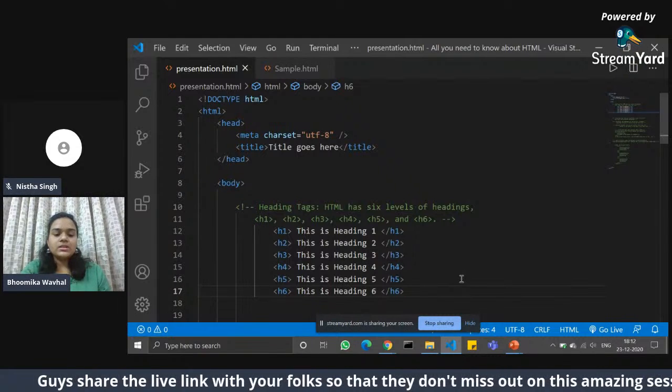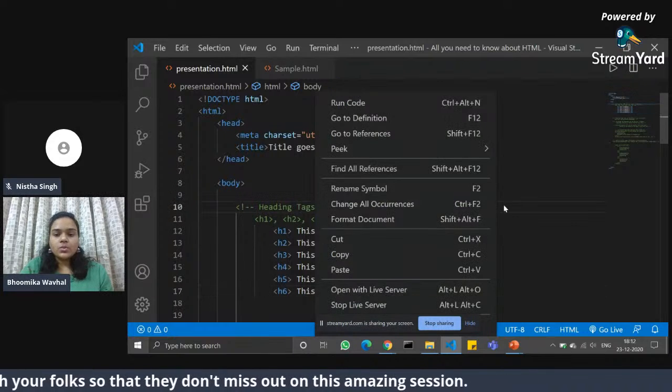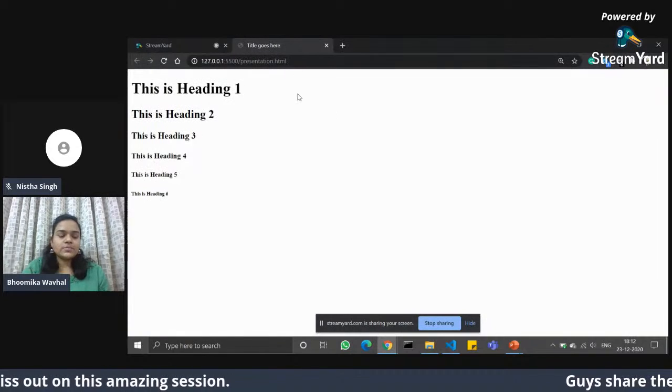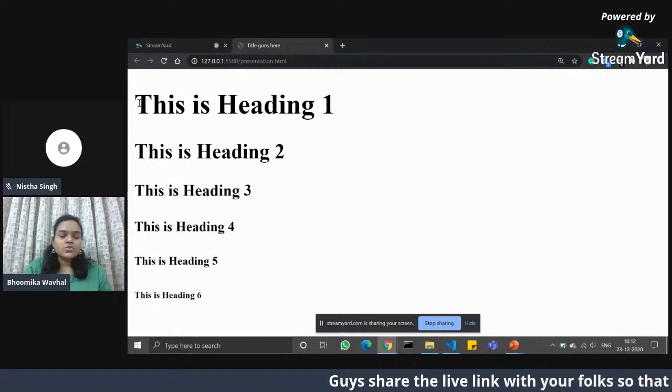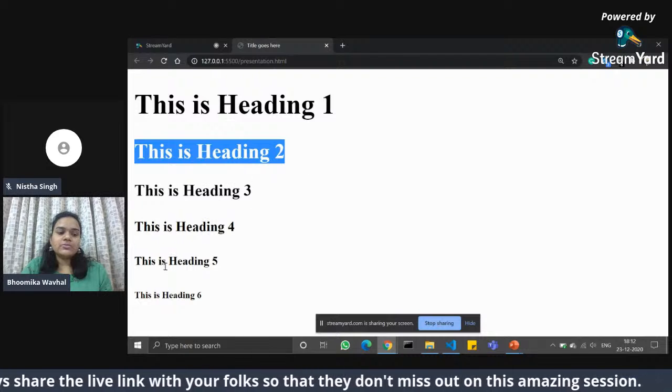Now when you run this on your live server, you can actually see the difference between all the heading tags. So I'll just zoom it a little bit so you can see the difference. So this is my heading 1 with the most bold font, then heading 2, heading 3, heading 4, heading 5,